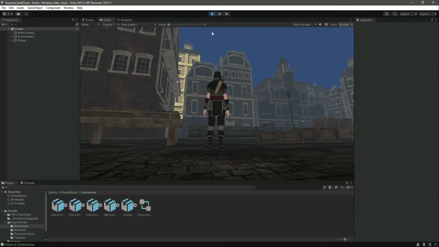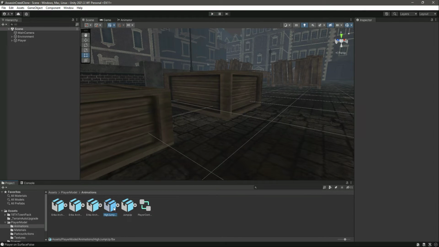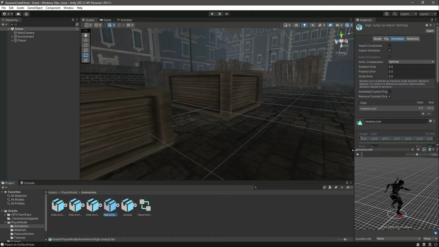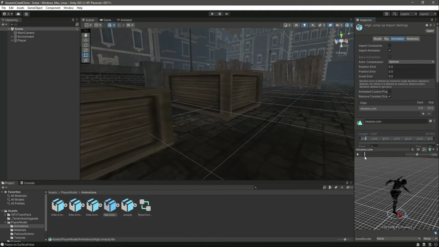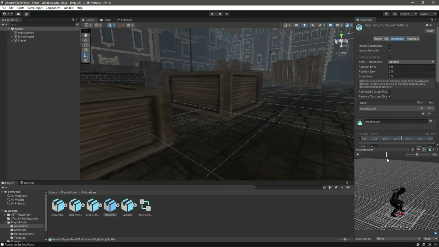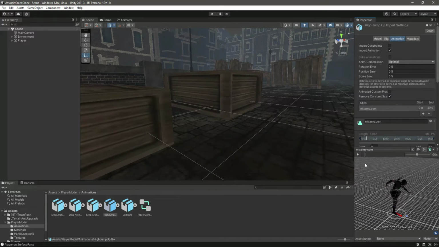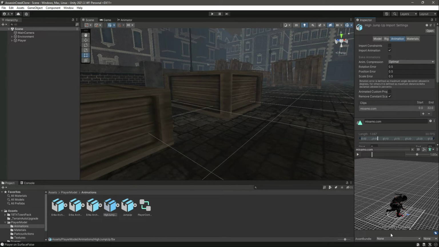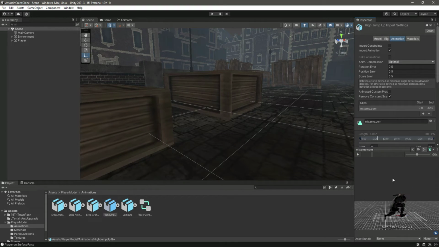So what the target matching will do, for example, we have this high jump up right here. If we play the animation right here, as you can see, when the player keeps the feet on the surface right there, then from this frame, which is 0.35, we want to start target matching. And then to which point will we be target matching? That will be, for example, when the player puts down both of her feet, as you can see perfectly fine, which is